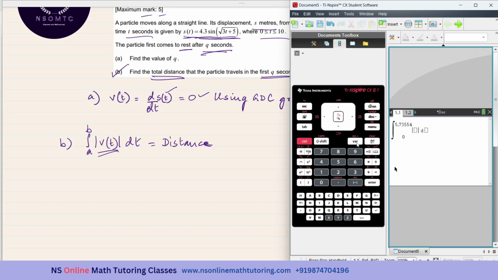Okay, and then for f1 of x, I have to press this variable. You see, there is the only variable over here, f1 and x, and it is in bold. So you understand that the calculator understands what is f1 of x, what is the expression. Okay, that is why it is given in bold. And we are integrating with respect to x, so I have to give this as well, and I press enter. 7.683021. So up to 3 significant figures, it will be 7.68, and the unit is meters, so it will be,